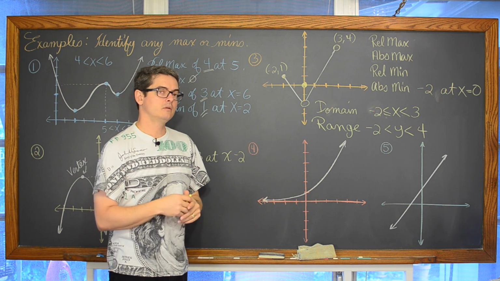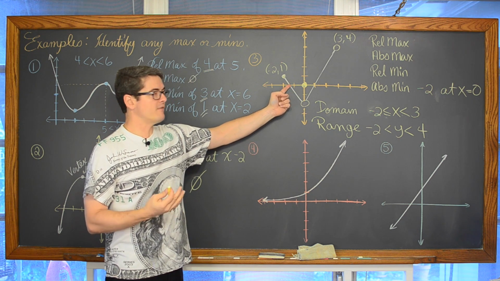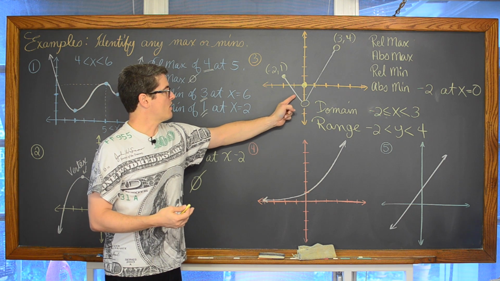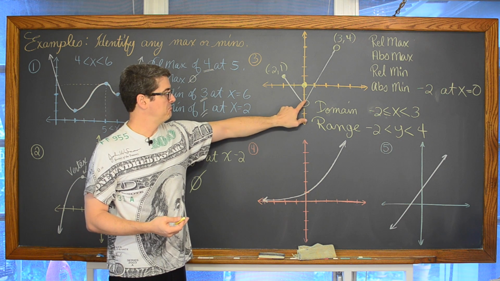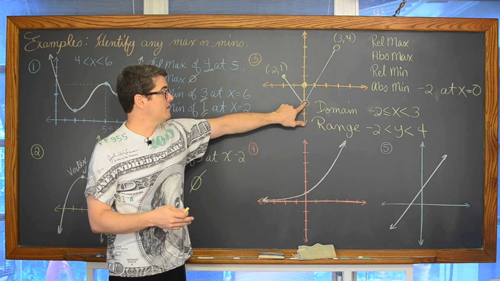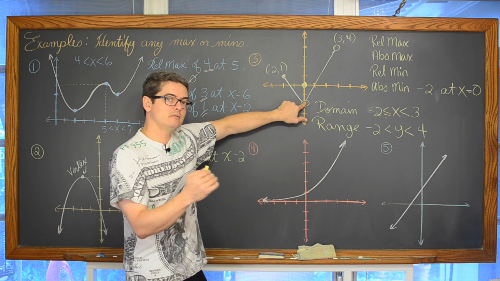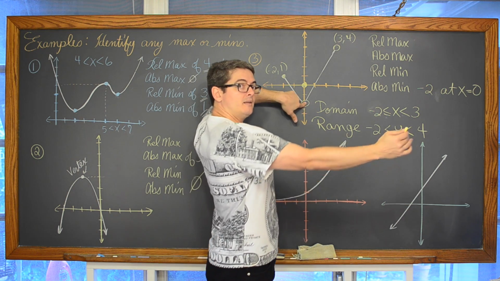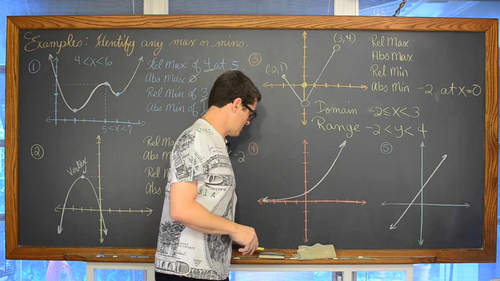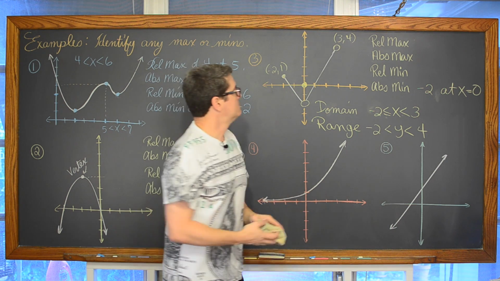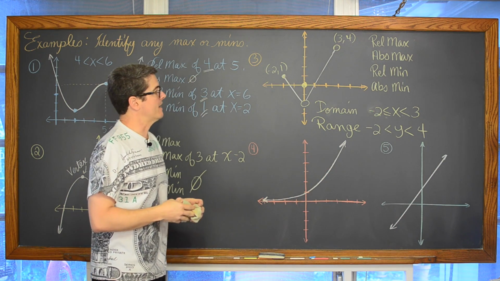Now, is there an absolute min? Is there a graph at y equals 0? Yeah, right there and there. Is there a graph at y equals -1? Yeah, right there and there. Is there a graph at y equals -2? Not if there's an open dot. Is there a graph at -1.999? -1.99999? Yes, but not at -2. And the way this graph is drawn, there's not an absolute min or relative min. There's not an absolute max or a relative max.